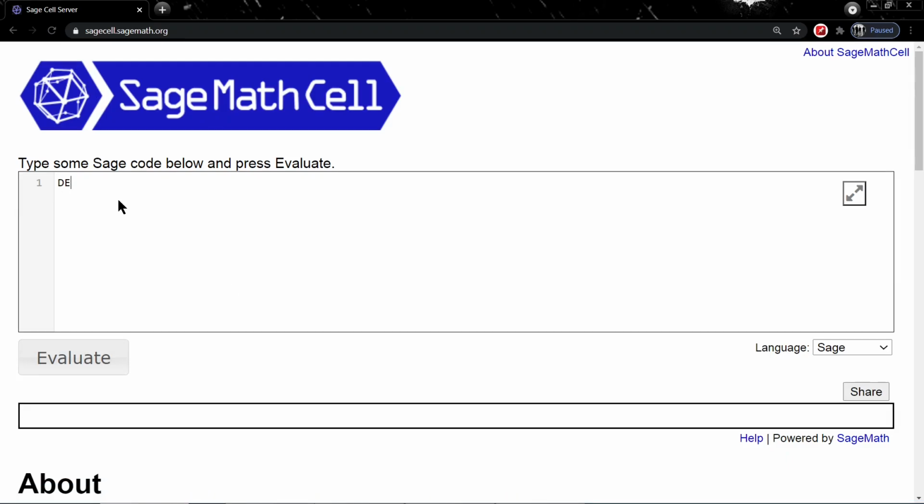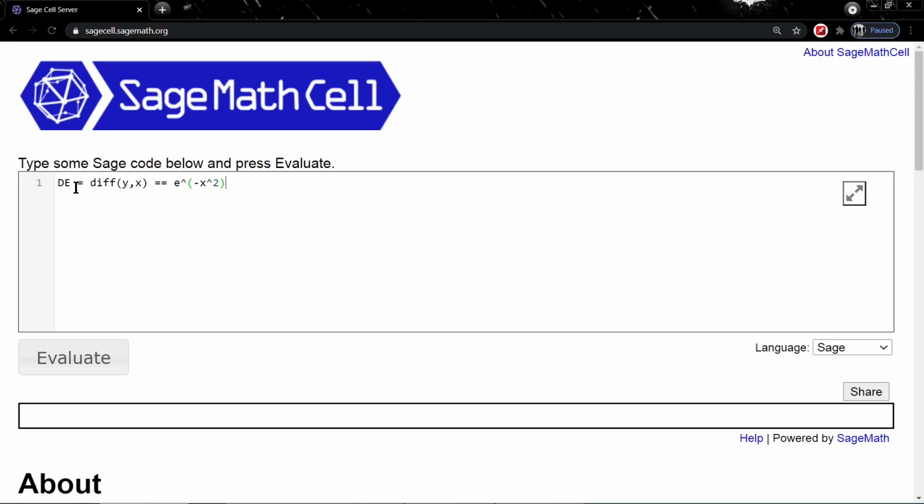First we are going to write the differential equation. We can write dE equal to diff(y, x). This diff(y, x) means dy by dx, or differentiation of y with respect to x, double equal to the symbol e to the power minus x square. We are going to use brackets for this x square term.